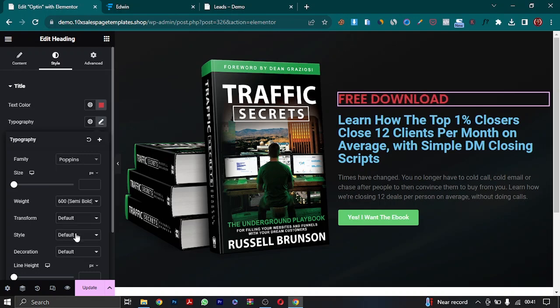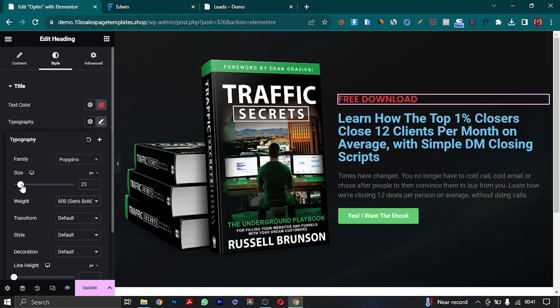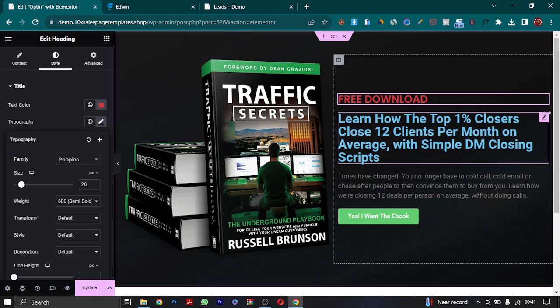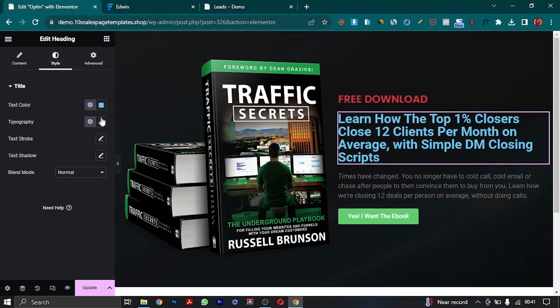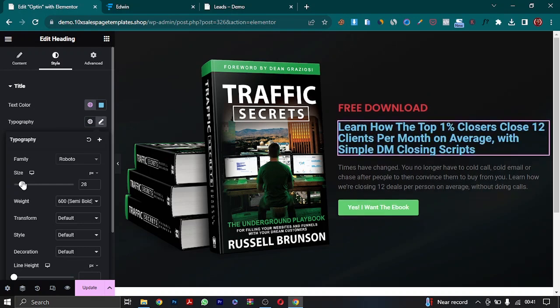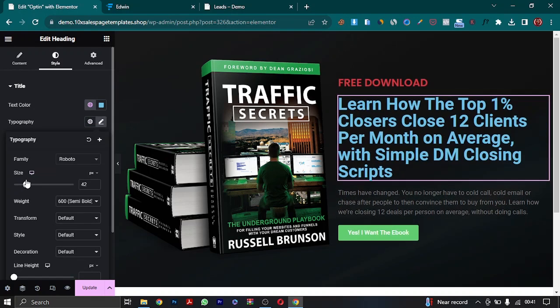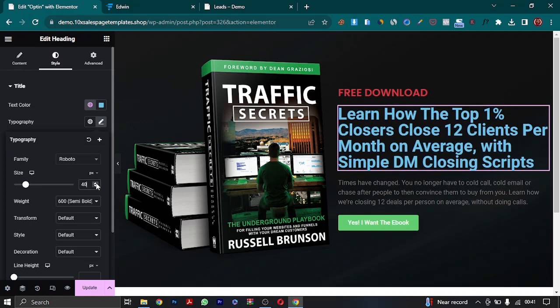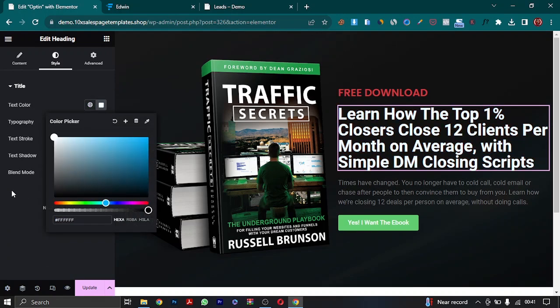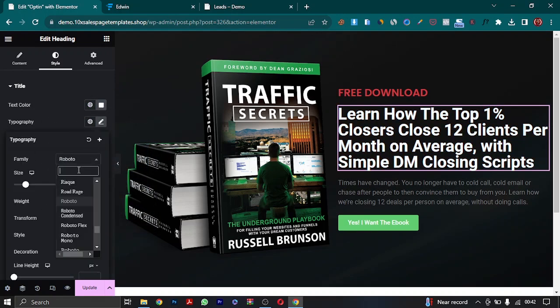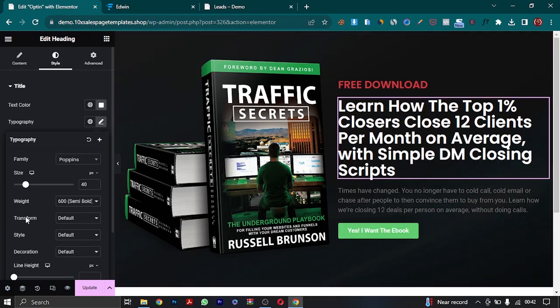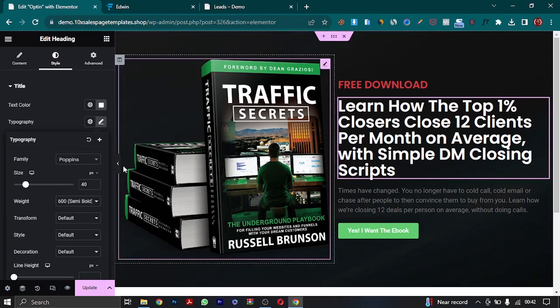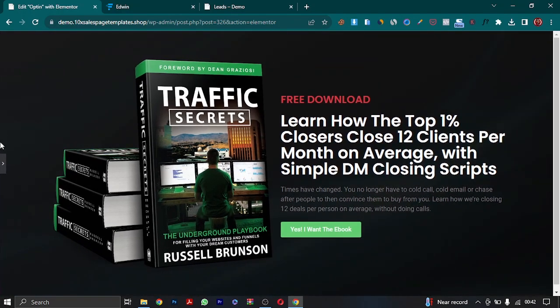Poppins. So I'll reduce this a bit. Let me reduce this. Then I'll go over to this, and then I will try to increase the font of this. Let's increase it to 40. Okay, so the color, I'm gonna change this to white, and then the font, let's put it at Poppins. So Poppins is good. Let's check. All right,